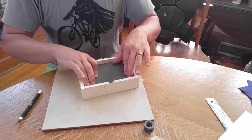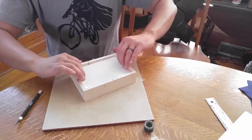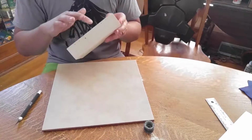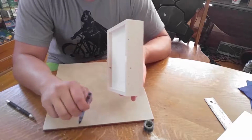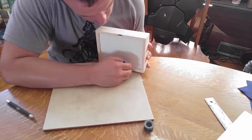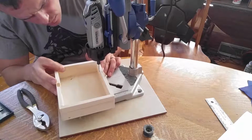If I get real close to the top, I'll put some hot glue on it, but for the most part, I think, oh yes, look at that. Right up there at the top. I like that. I'm going to string the LEDs in and hot glue them up around the sides. So I just need to know what depth to set the Dremel at. And if I go right about there and score it in, I think that'll...